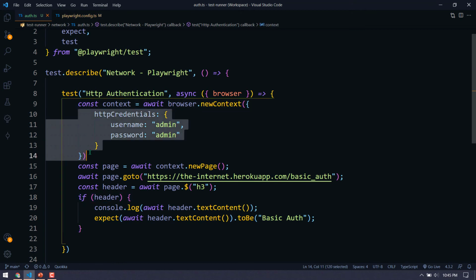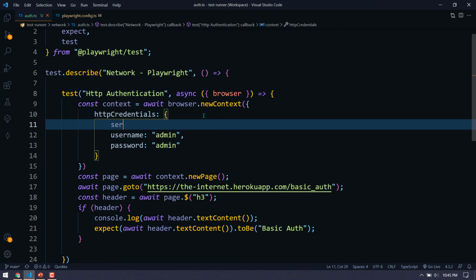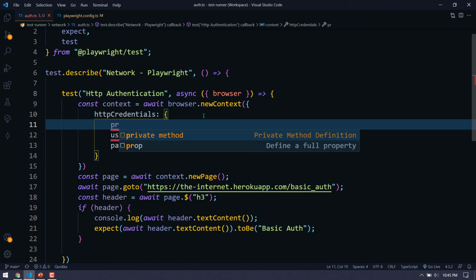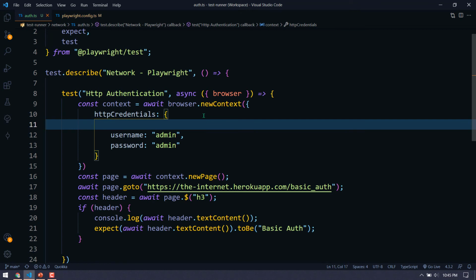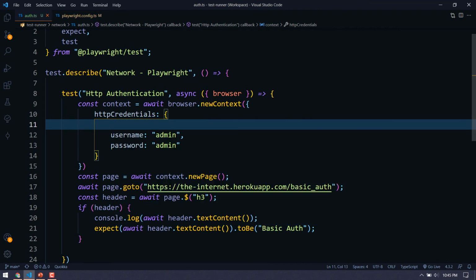So we have created a context, and within the context we have given httpCredentials with the username and the password. And of course if you have to use a proxy, probably you can use that as well. How to set that, you just have to call something like proxy, I think proxy or server, let me check.